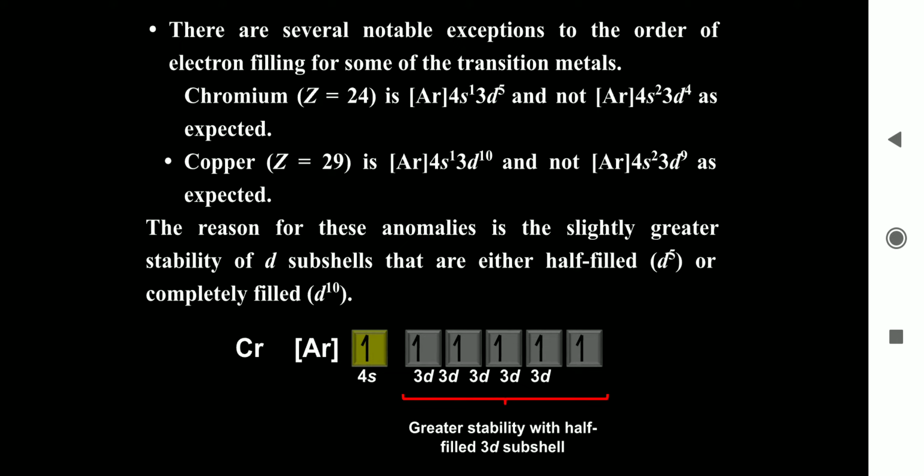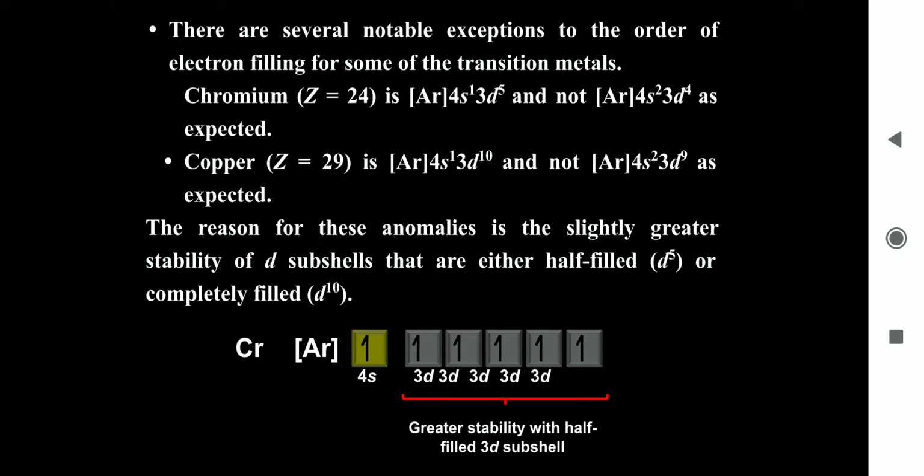This is because, as per Hund's principle, the chromium atom gains extra stability by having its d subshell half-filled. Therefore, an electron from the 4s orbital is transferred to the 3d orbital so that the d orbitals become half-filled. Here it is called the observed electronic configuration of chromium. So, chromium gains extra stability with the d5 configuration.